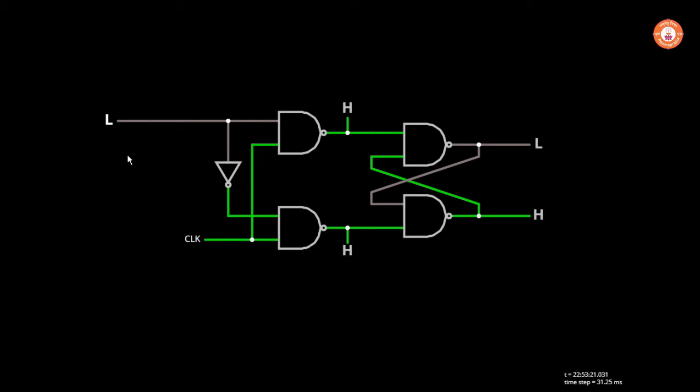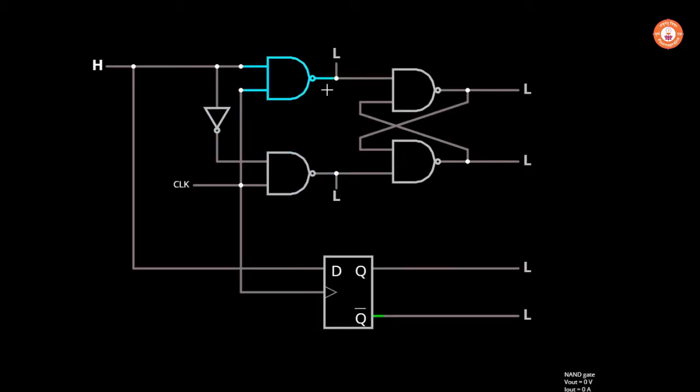To show this in a schematic diagram, we have the same circuit above here and then a schematic diagram, both connected to the same input and same clock pulse. So when I start the simulation, we have the clock pulse running, and with low input we get the low output for both the flip-flops, and when the high input is given, you'll see the output is high for both the flip-flops. So whenever the clock pulse switches, this flip-flop will behave exactly as a digital circuit. This is basically behaving based on the schematic.